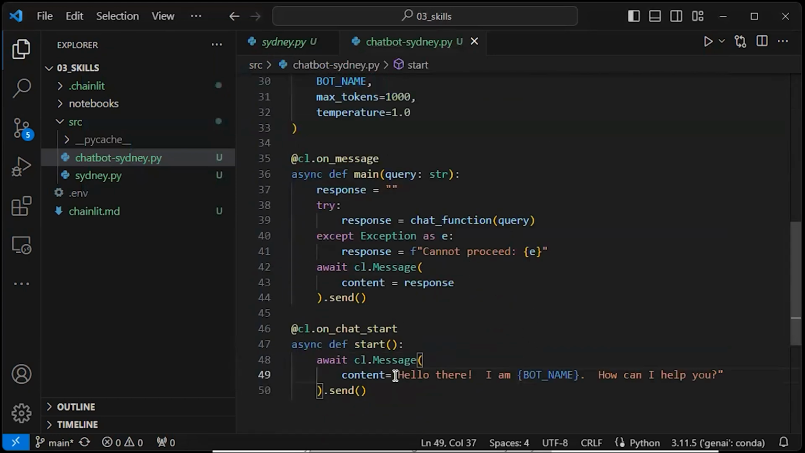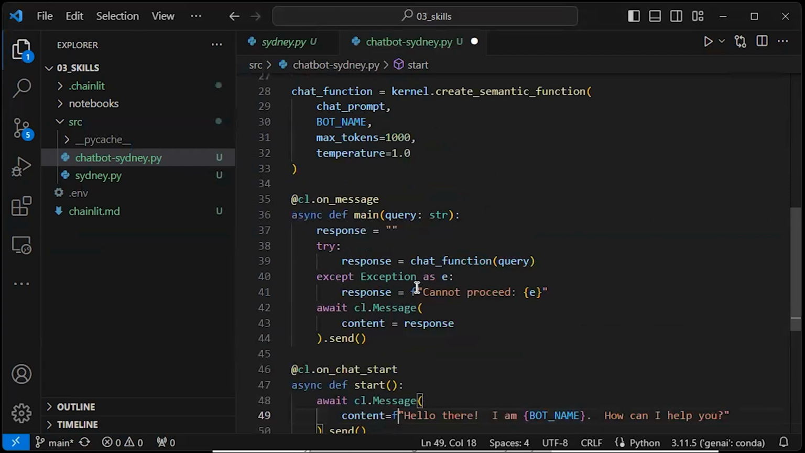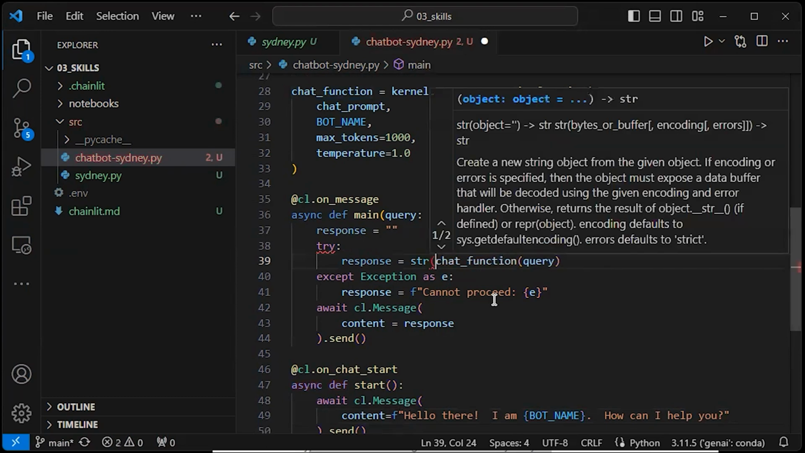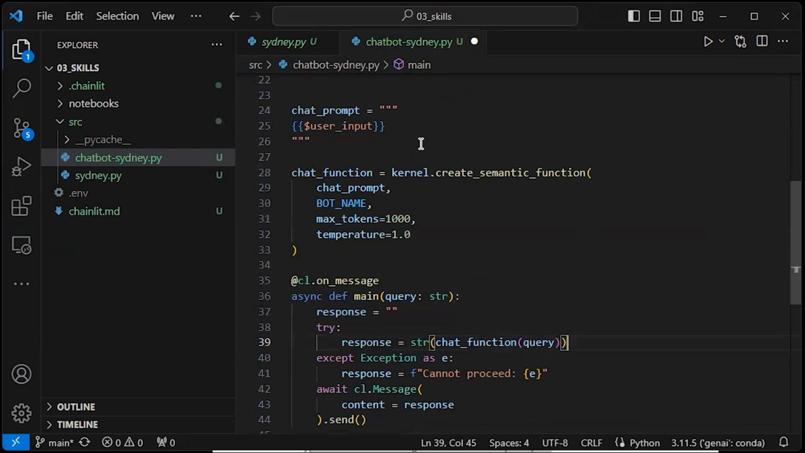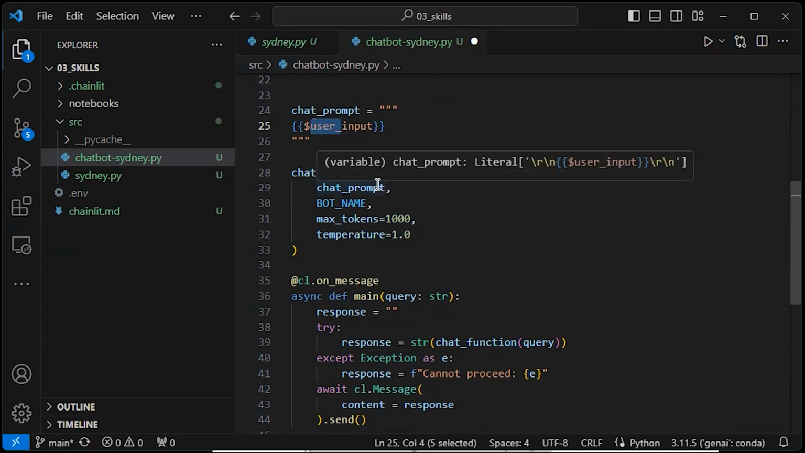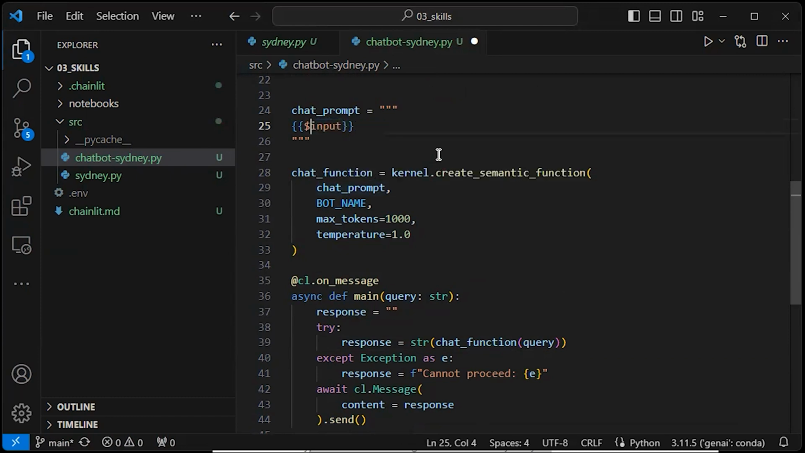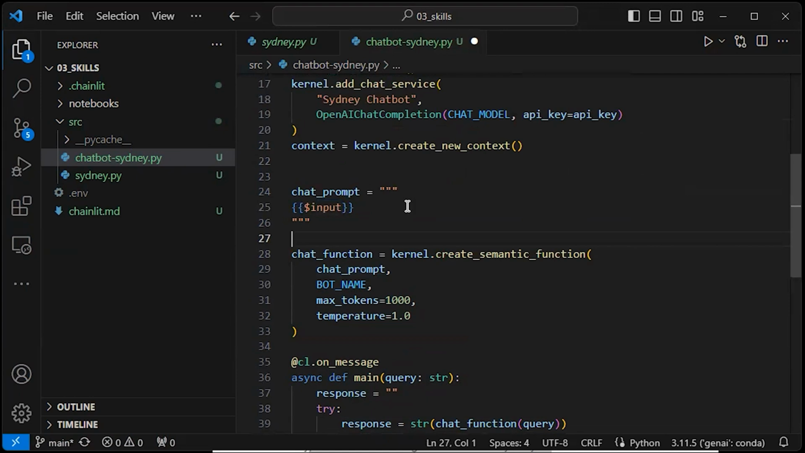First bug, we forgot to turn this into an f-string. That's an easy fix. Turn that into a bot name. Second is that we are told from our command line that this is not a string. Okay, so let's turn that into a string. And one more thing I realize, by default, the input string name should be input, not user underscore input. So let's change that back. That's a convention within the Microsoft Semantic Kernel. Okay, let's save that